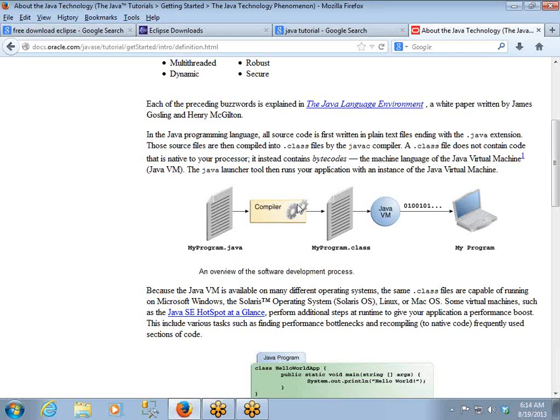So what actually is the meaning of compilation? Whatever applications, whatever programs we are trying to develop in the market today, they are all developed using high level languages. High level languages are those which are understandable by humans.